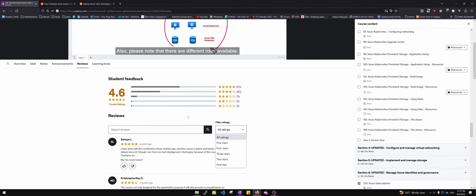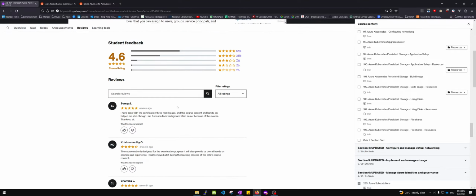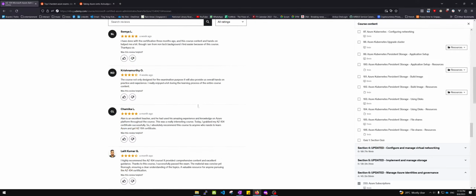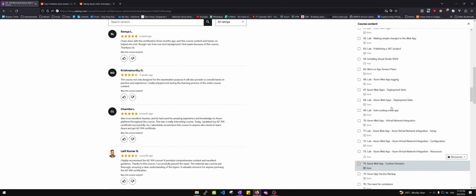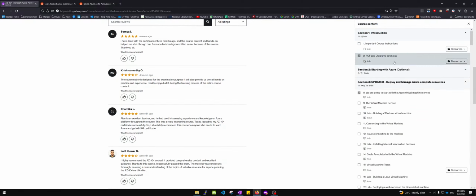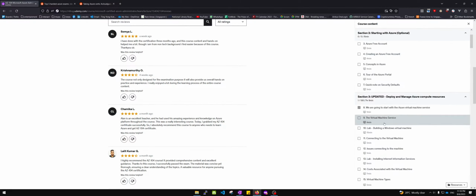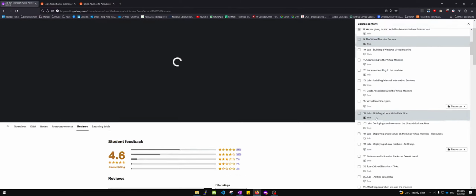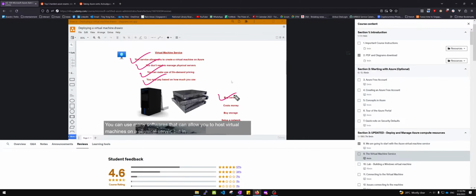Also please note that there are different roles available. If I go onto the Microsoft documentation, when it comes onto the Azure inbuilt roles, if I scroll down, there are first of all these default roles in place. You have the contributor role that grants full access to managed resources, but you can't assign roles in